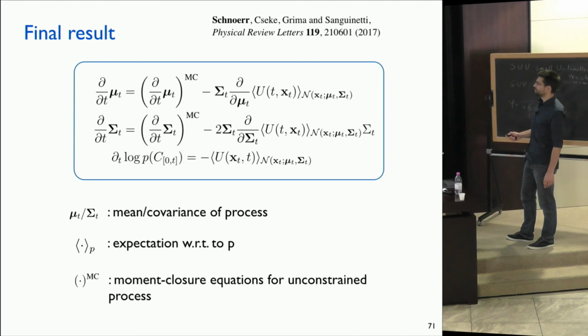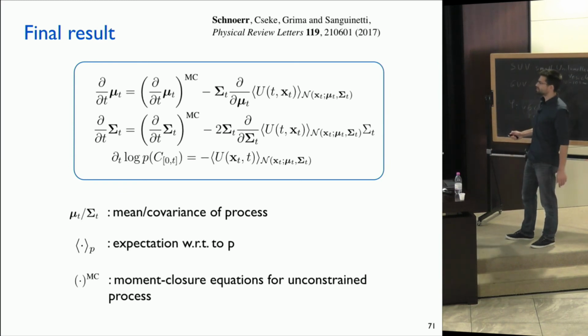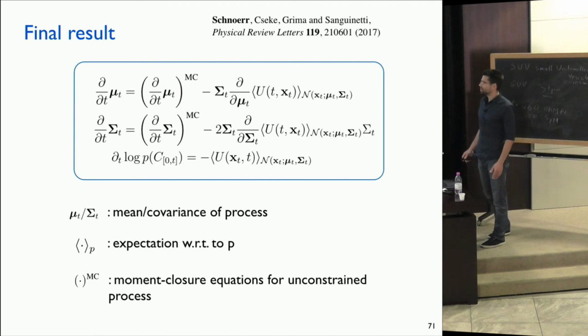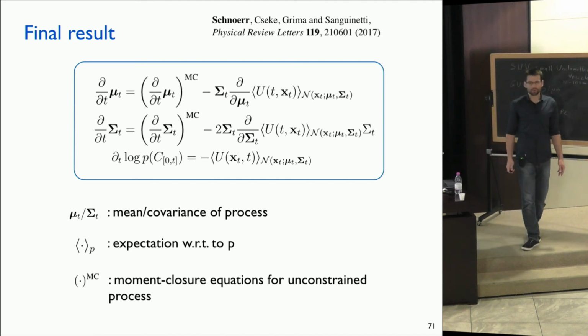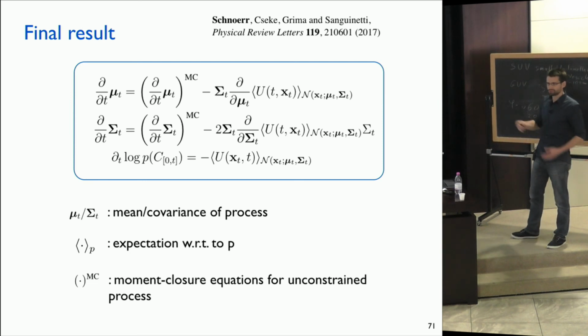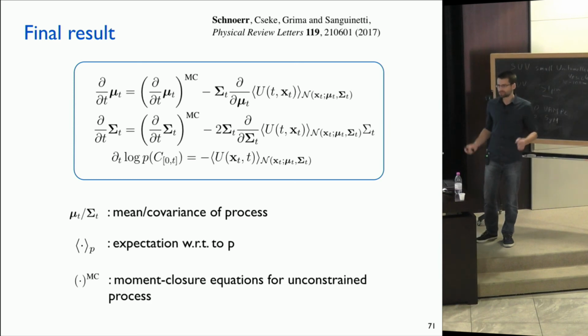The first term is the moment closure expressions that we would get if we would solve the free master equation without any constraints, without considering first passage times. And then we get extra terms that are derivatives of the expectation of the potential or the loss function. And those can be solved numerically, forward in time straightforwardly. And by solving this equation in parallel as well, we get the log partition function on a grid and can then just take the finite difference and get the whole first passage time distribution.